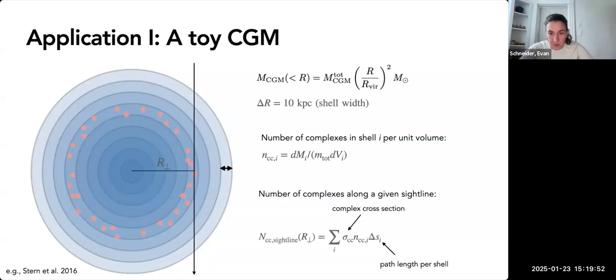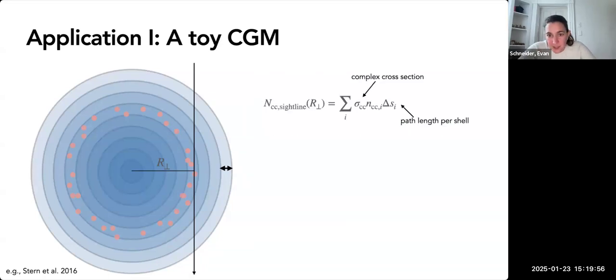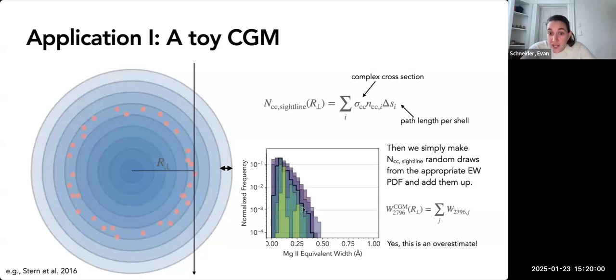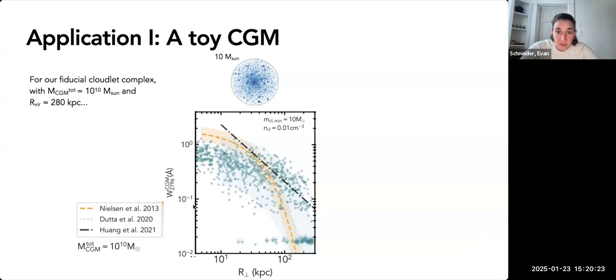From that, we can pass a sight line through it, and figure out the number of complexes that sight line should intersect. Going from there, we basically can make draws from our equivalent width PDF for that cloudlet cloud complex model, and add those draws up as you pass through individual complexes along the line of sight, to determine what the total equivalent width in that sight line should be. Doing that, now all of these draws we can place onto an observationally motivated map. So this is magnesium 2 equivalent width as a function of distance out in the halo, with some estimates from observational surveys overplotted in the dashed and dash-dotted lines,